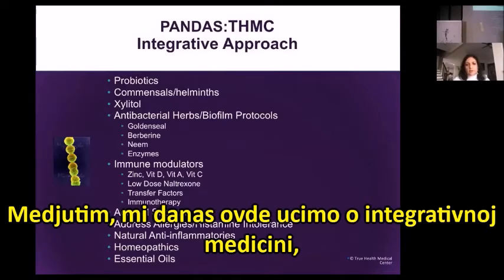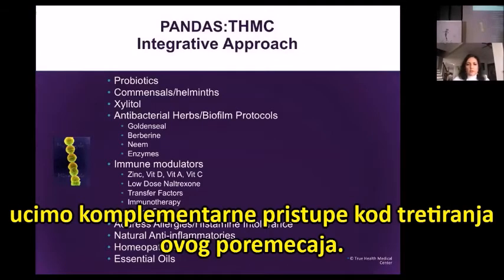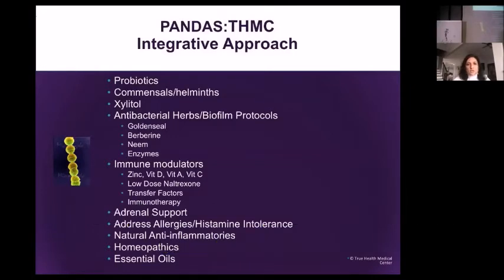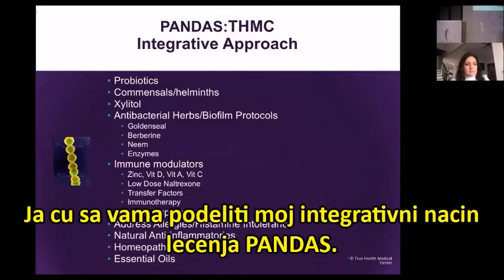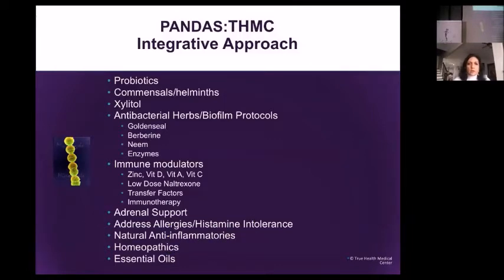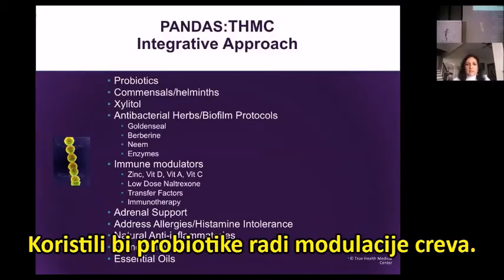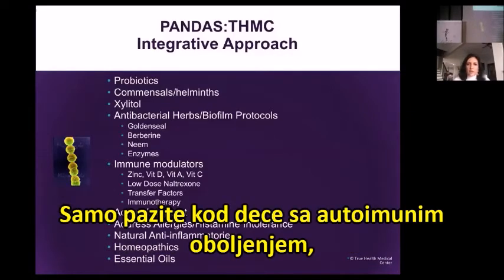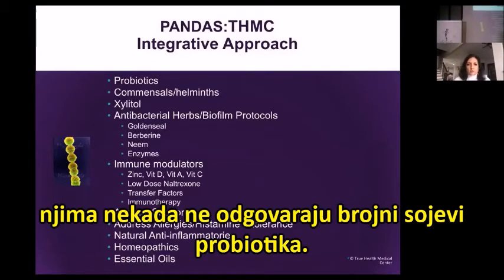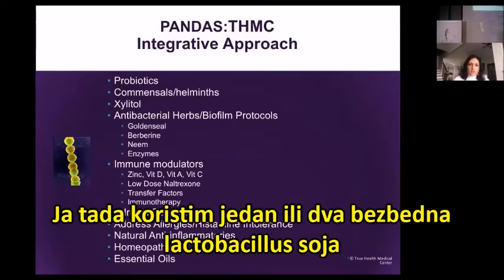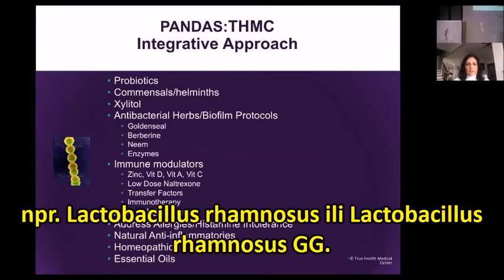However, we're here to learn about integrative medicine. We're here to learn about complementary approaches to dealing with this disorder. So I'm just going to share with you guys my approach, my integrative approach to pandas. So what we would use is things like probiotics to help modulate the gut. Just be careful with the kids with autoimmunity. They don't always do well with numerous strains of probiotics. So in this population, I stick with 1 or 2 very safe lactobacillus strains like Lactobacillus rhamnosus or Lactobacillus GG,